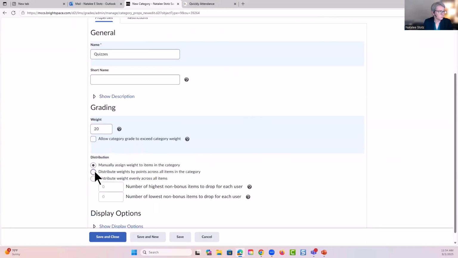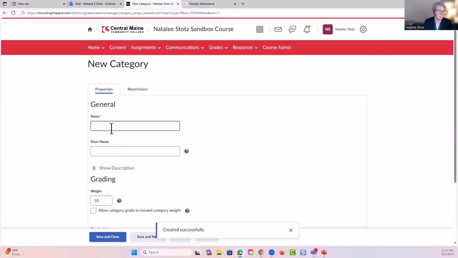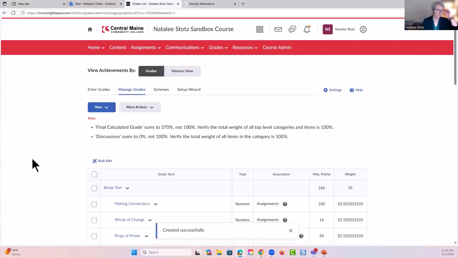I'm going to distribute weights by points across the items in the category. And then I'm going to save and new because I need to make another category that is discussions. And I'm going to make that 15 points. And I'm making these numbers up out of my head right now, so I don't know how they're going to add up. I might have to go back and